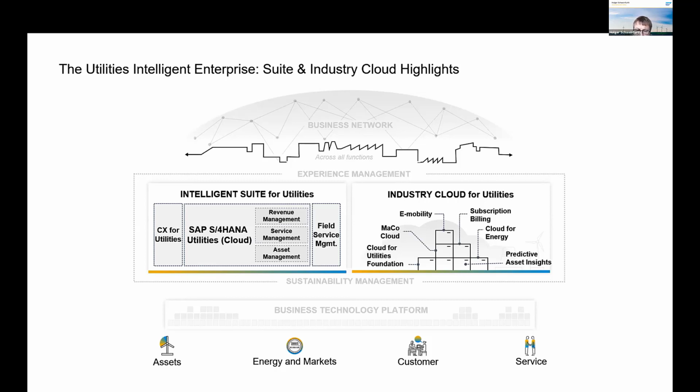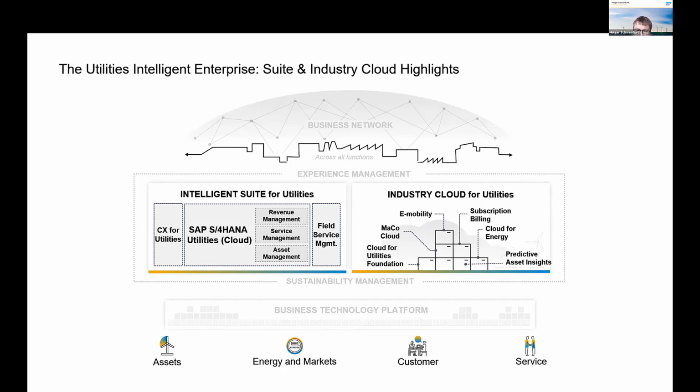But of course, SAP also provides numerous applications on our own, such as the topics of the Cloud Utilities Foundation. We'll hear about that a lot more in Stefan's part. Of course, also about the market communication cloud, specifically also for the German territory, but also many other things on subscription billing, cloud for energy, predictive asset insights. So you can see numerous different applications, and as said, all tightly integrated in between.